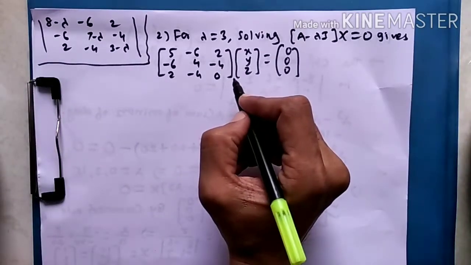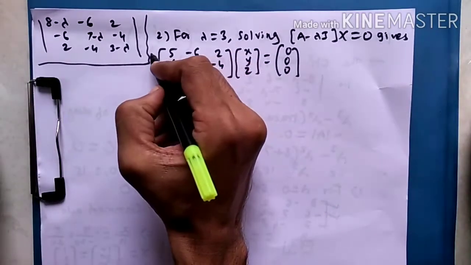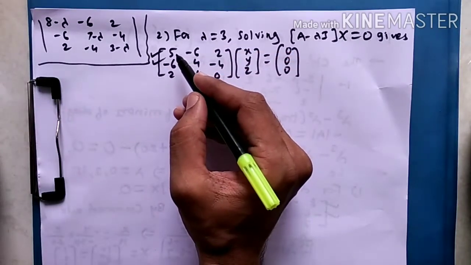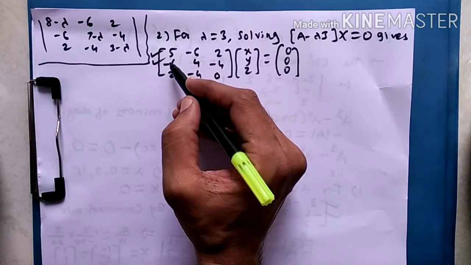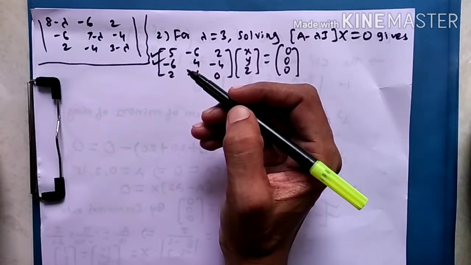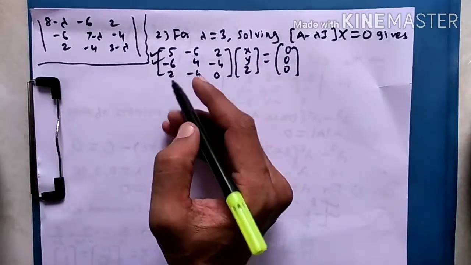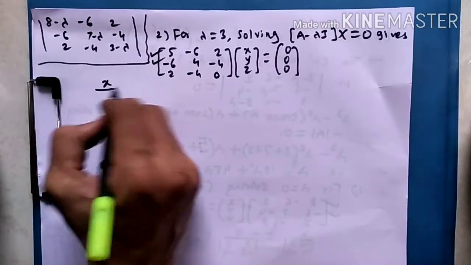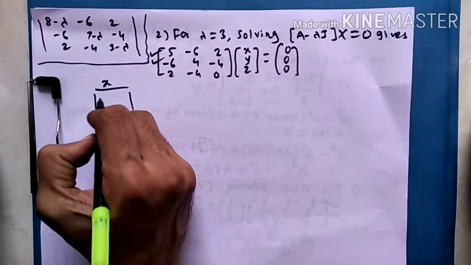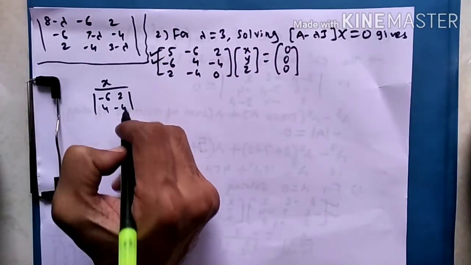So again we can solve it using Cramer's rule. I am going for the same first and second row again. I will repeat again, you can go for any 2 rows: first, second, second, third or first, third. The final answer will be the same. So now using Cramer's rule, for X, we will write its value in the denominator. We don't have to write the first column. So it is minus 6, 4, 2 and minus 4.